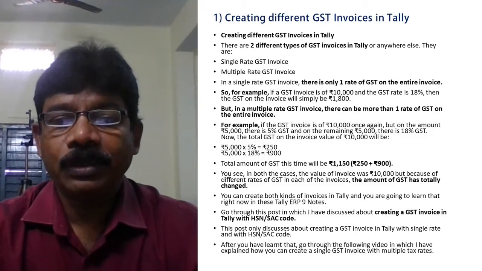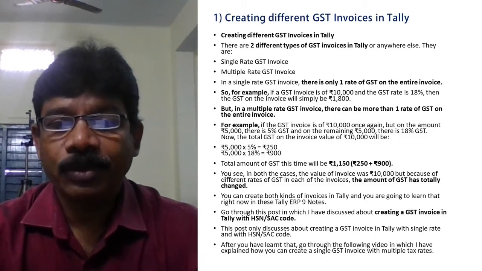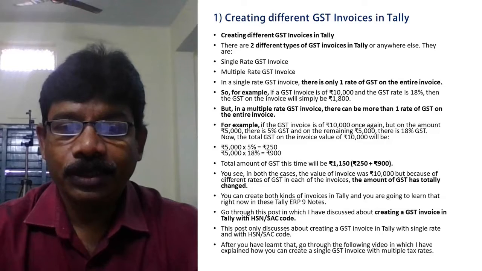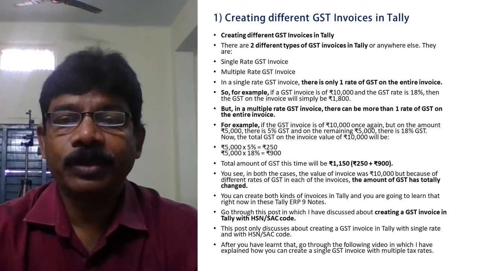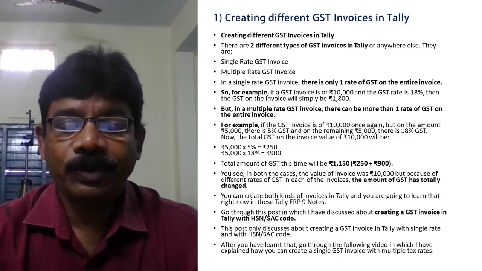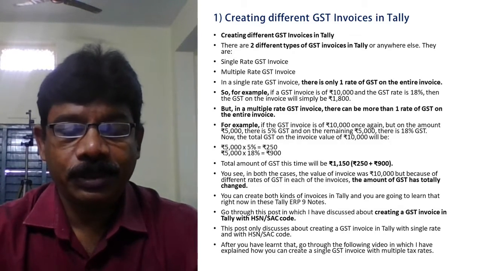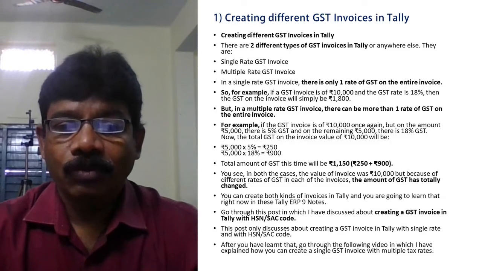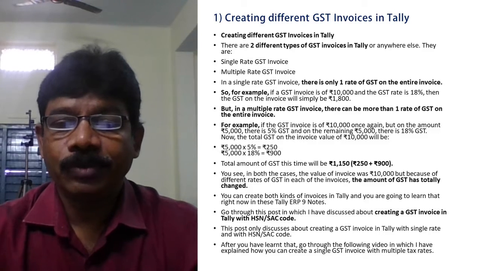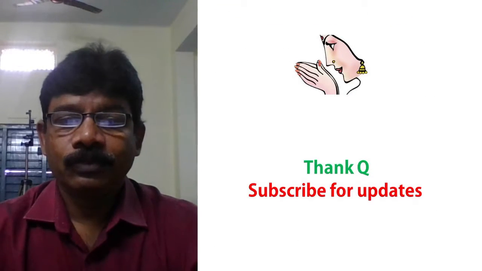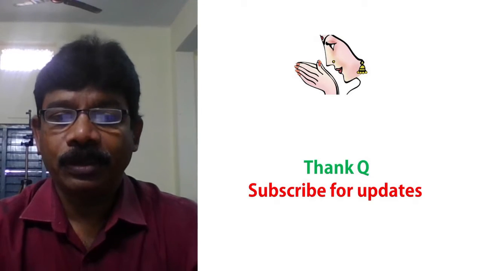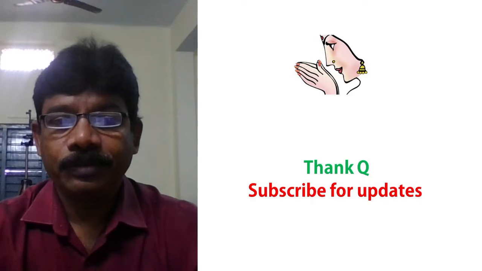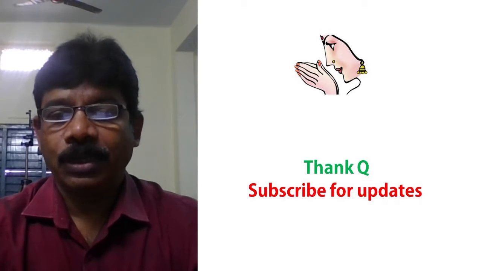When we open the tax analysis, it will explain what is the tax at 5% and what is the tax at 18%: at 5%, 50% and 50% SGST, CGST 2.5 and 2.5, and at 18%, SGST, CGST 9% and 9%. So what are the items we have to create, that we will learn in tally. Okay. So I will close this PPT as well as this window and I will open tally and explain through this tally. Okay.